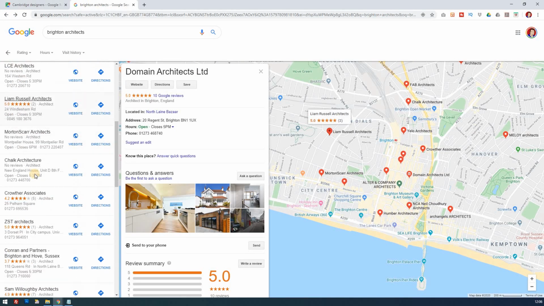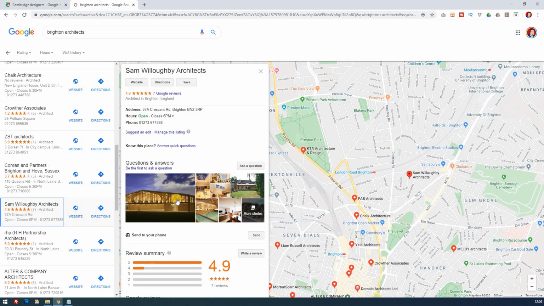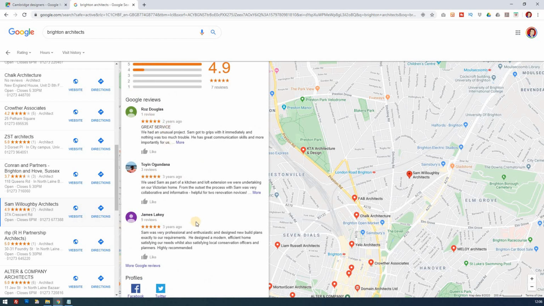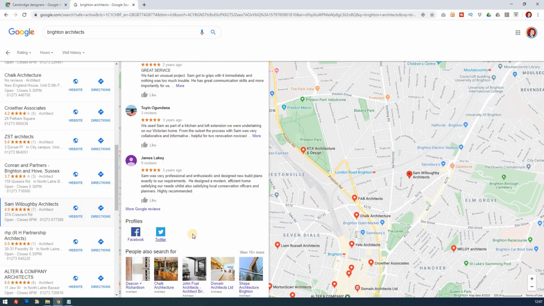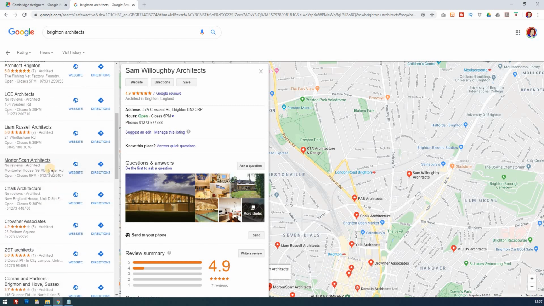That's good. Let's just take another random one. So this is great, some really nice photos here, but these must be clients' photos because of the manager's listing. So if I click on that, it says verified to edit information, respond to reviews and posts. So do you work here? So basically you've still got to claim that. Very good, but you've got some good services here, and again, you've got some profiles. So it sounds to me like that could be a really good entrance to pick up if that's your business.